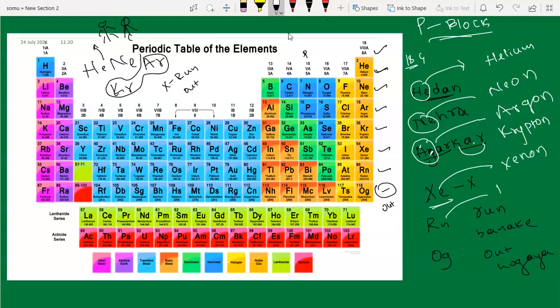From Rn you can say radon, Rn directly you can take Rn. And Og, so that is oganesson. Okay, you can remember that element, and you don't need to remember this also, oganesson.